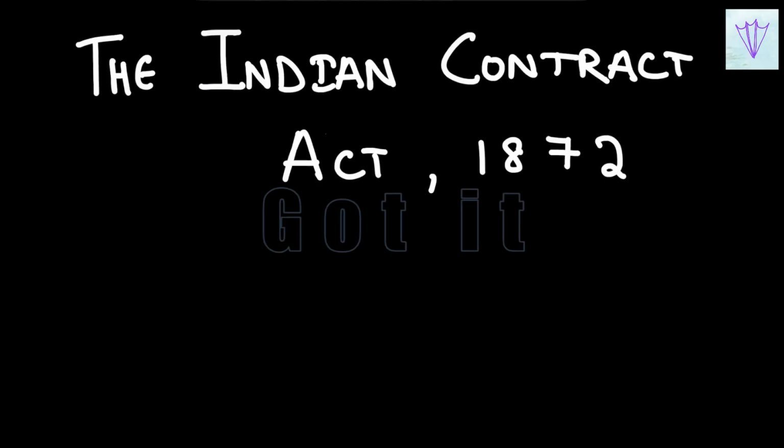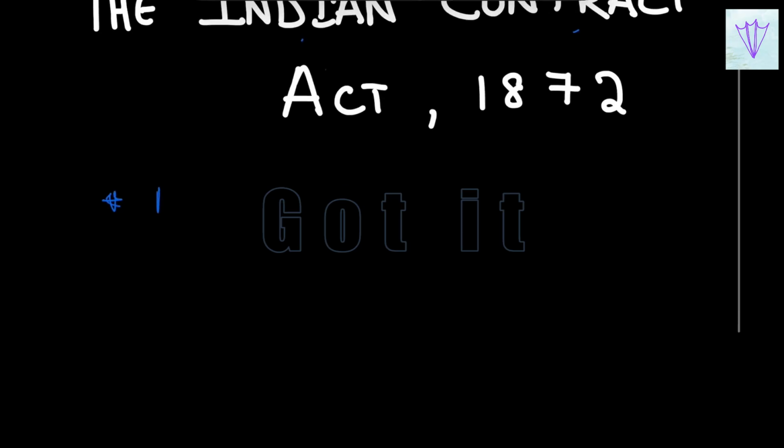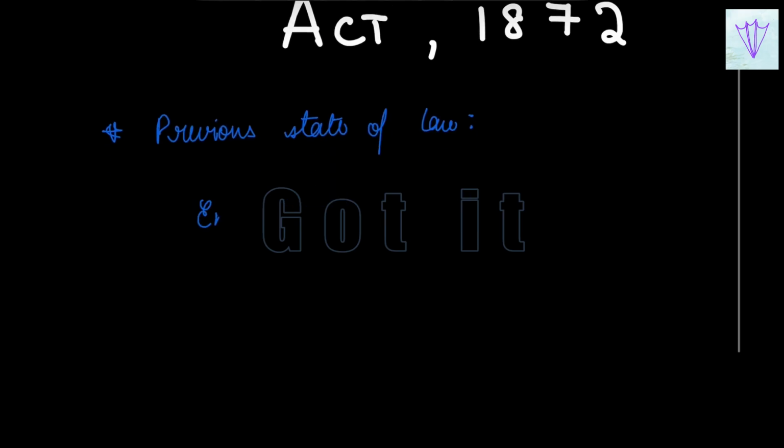Now we'll be starting with the Indian Contract Act 1872. In this video, we'll first focus on the previous state of law. So how has it all evolved for the Indian Contract Act? So, the previous state of law. Primarily in the initial days, the English law was based on the local circumstances